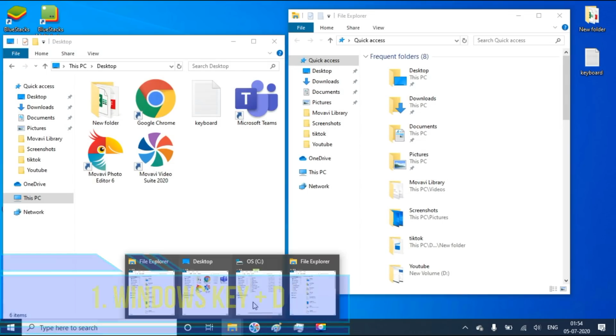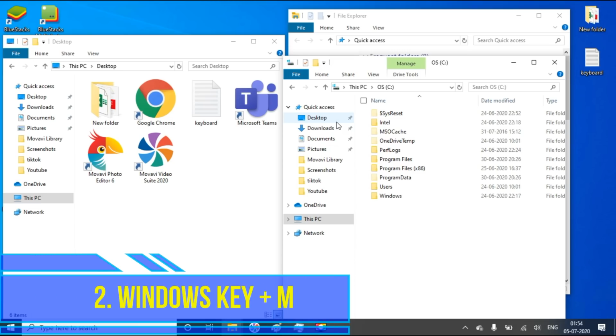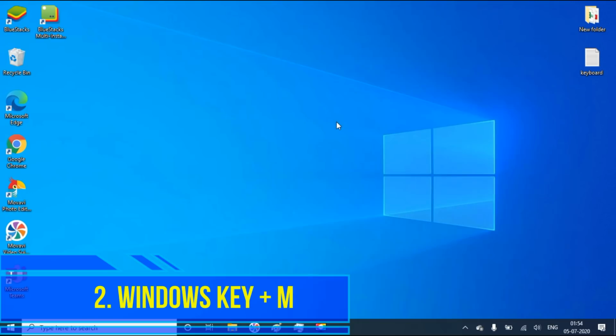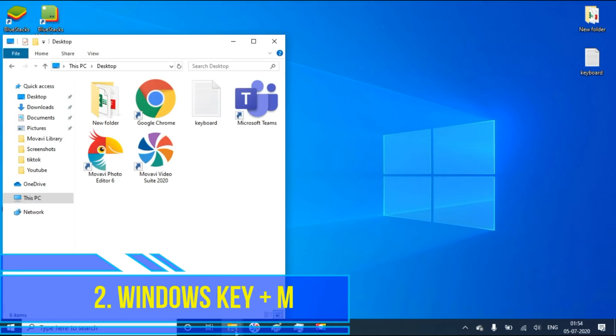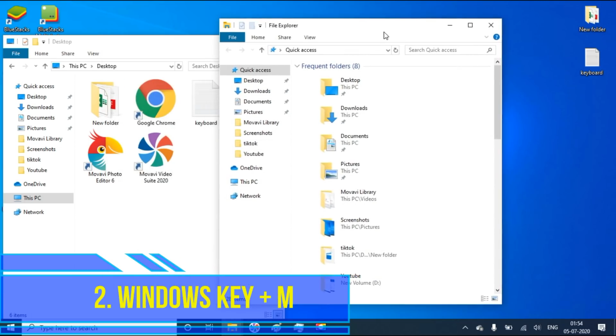Then next one, suppose I'm opening a lot of windows and I want to minimize all the windows, then you have to press Windows key plus M, then it will minimize all the opened windows. Windows key plus D will take it to desktop, but this will minimize to taskbar.